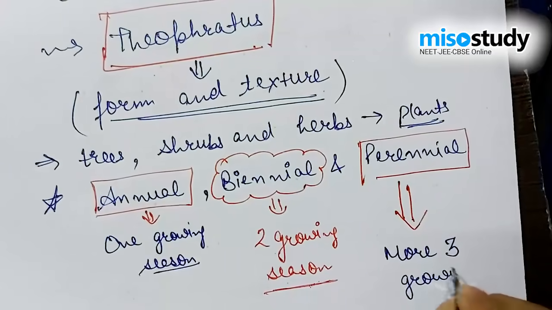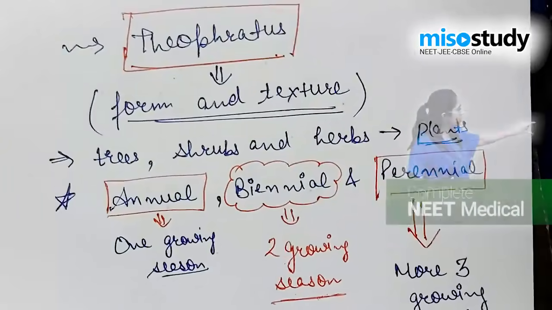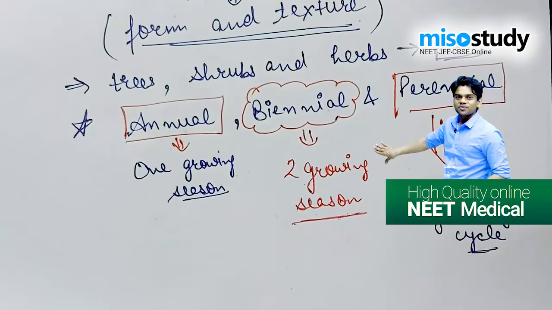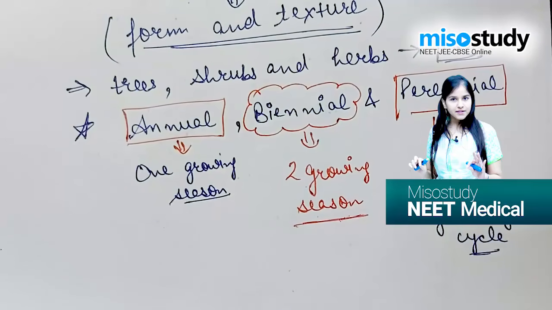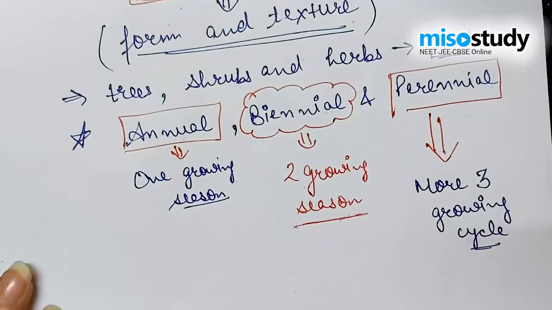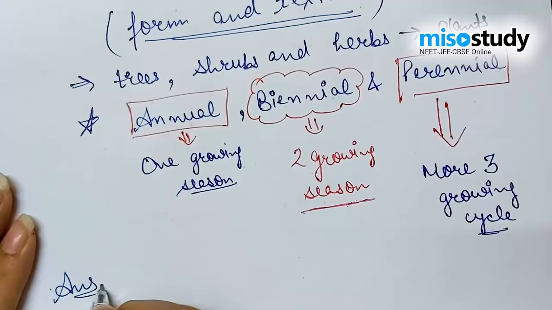More than 3 growing cycles are included in the perennial plants. More than 3 growing cycles. On the basis of all these different characters, basically the morphological characters, the right answer for the question is